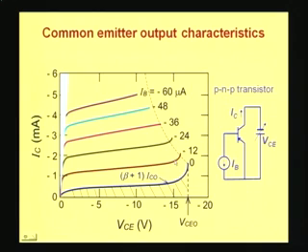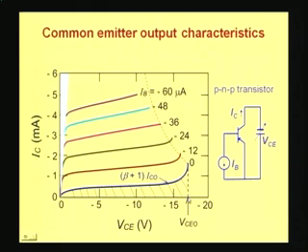So what you find is that the characteristics for various base currents do not have the same breakdown voltage. As your base current increases, the breakdown voltage falls, at least in this region, where the collector current is of the order of milliamperes. The breakdown voltage corresponding to base current equal to 0 is the maximum breakdown voltage that this transistor can have in the particular biasing arrangement.